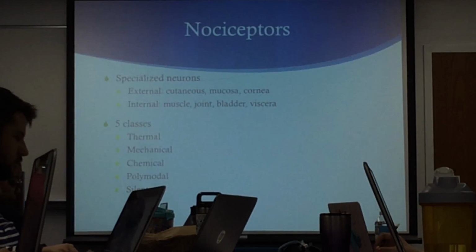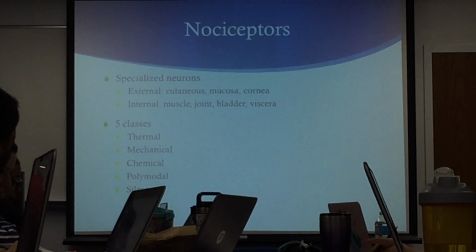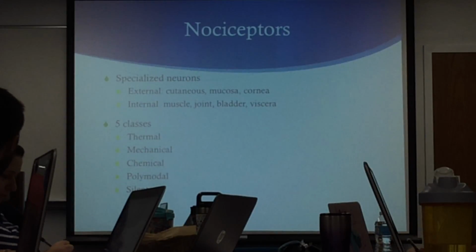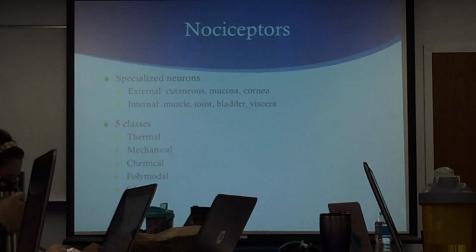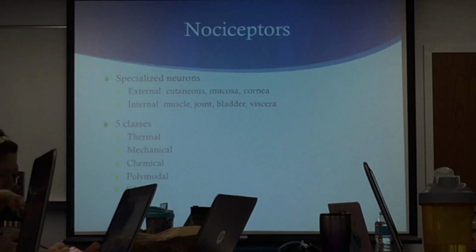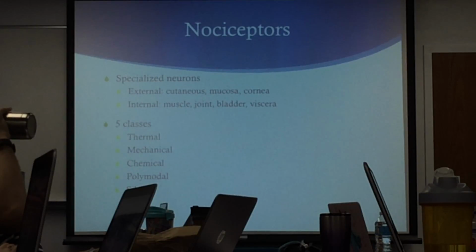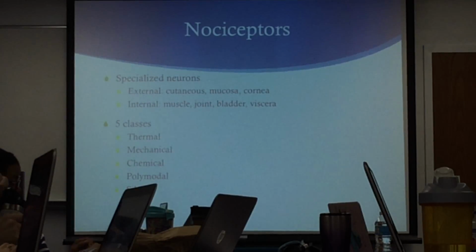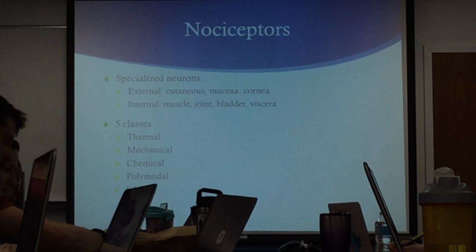So the thing I want you to remember is, nociceptor sounds a lot like receptor. A lot of people get confused and think the nociceptor is a protein on a nerve ending. The nociceptor is a neuron. Nociceptors are neurons; they're a full functional unit. So I want you to be sure that you're not confused with that. Nociceptors are delineated a number of different ways, by what they respond to and by what they don't respond to. So there are 5 classes of nociceptors based